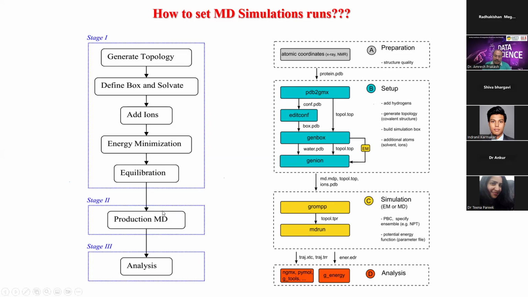So after the equilibration phase, we will go for the production run. After that, no change we have to do. We have just prepared the system. We have set it for any particular time, like 100 nanoseconds or 500 nanoseconds, whatever your system allows or whatever your requirement of the experiment is, but usually we go for 100 nanoseconds. We set all these parameters, and after that, taking the NPT ensemble, we set the MD simulation